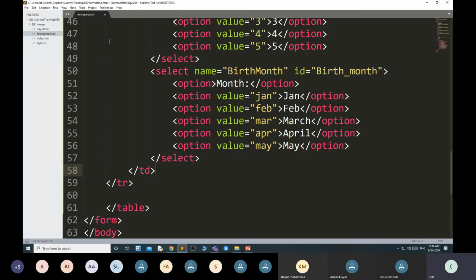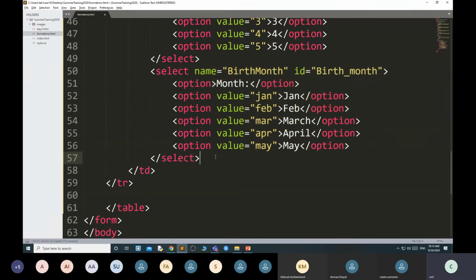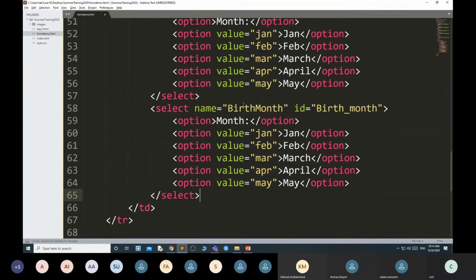suppose I have started from 2020. Copy, paste, birth year.